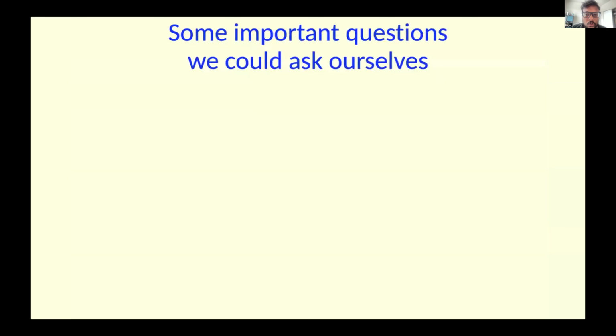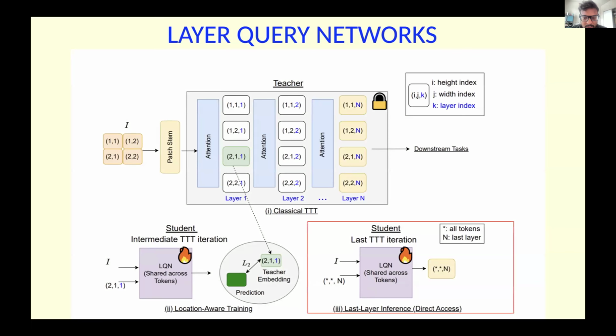Now the key problem here is that you will think that when you do a distillation in this way from a teacher to student, the student will be small, so the performance will be very bad. And also because that's what we see in standard distillation, right? If you try to train a student in this smart way, and you are trying to access intermediate layers in constant time, then there must be some trade-off, right? The performance must be reducing, but actually that's not what we are observing. In fact, what we are observing is that it's improving upon teacher in practice.